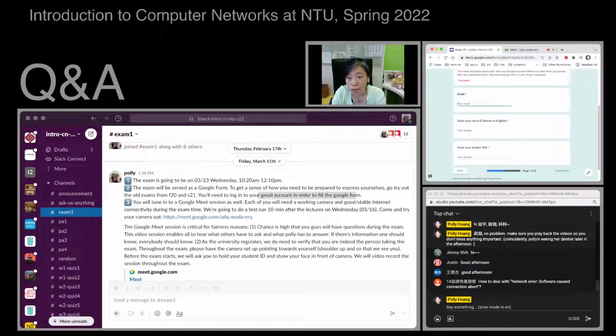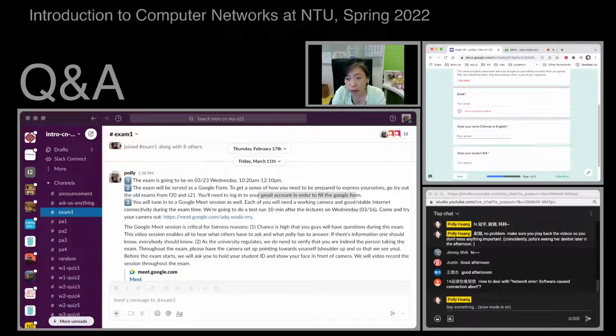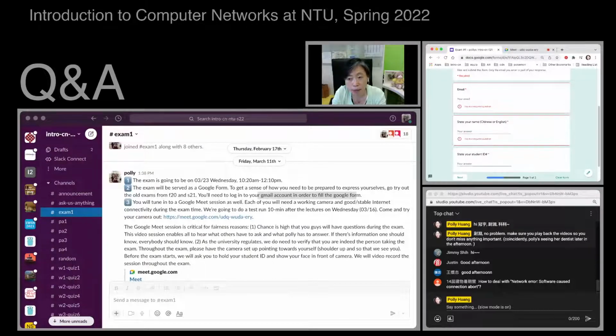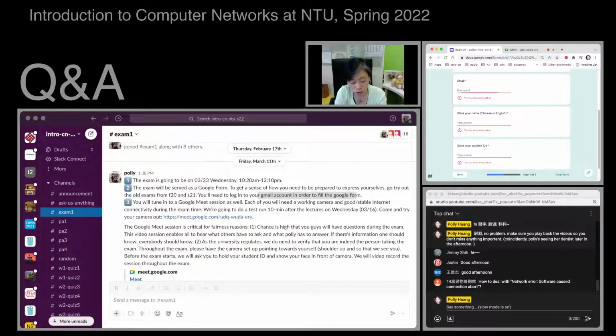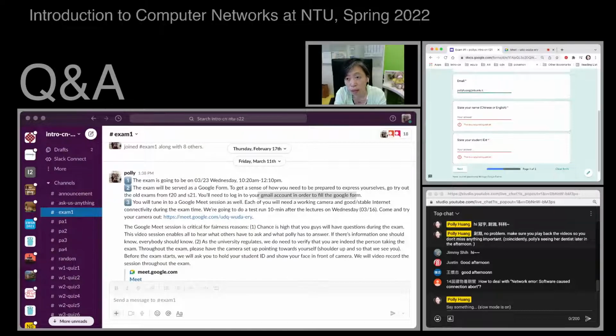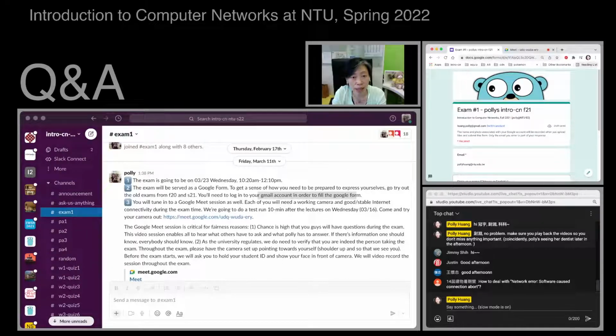So that's how you get back to the form you are working on. All right, so that's why during the exam, you definitely want to submit and make sure that you get that email so that you can come back to work on the same form. So type up your name here, and then type up your student ID here. So let Polly do this. This one doesn't need to be a Gmail account, I think. But you need to log in as a Gmail user.